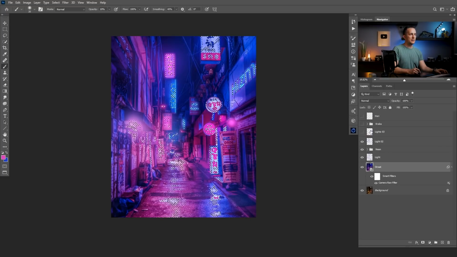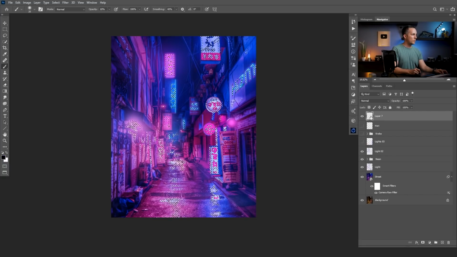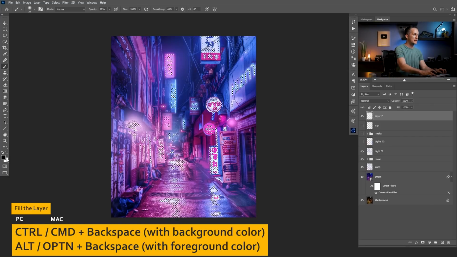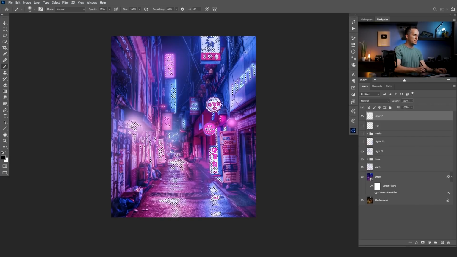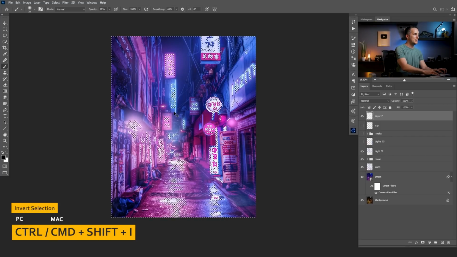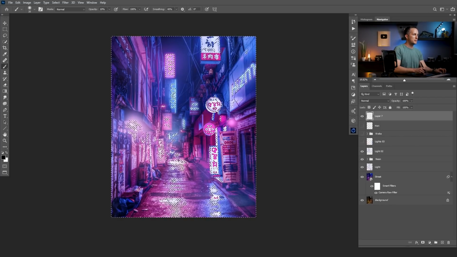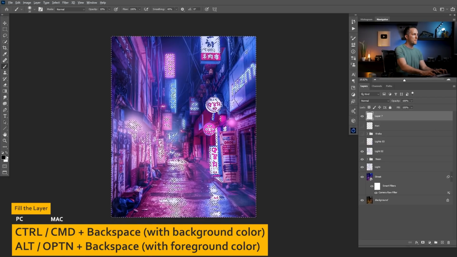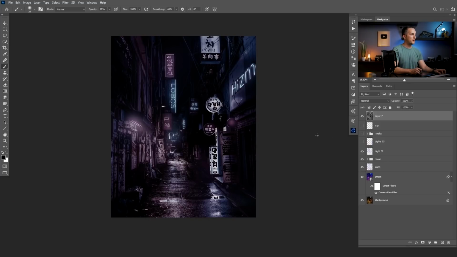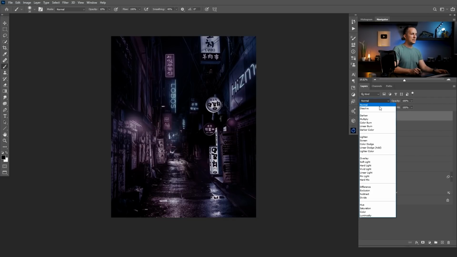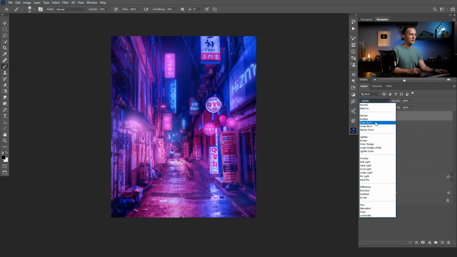Okay, and create a new layer right here at the top and fill it with white, because white is background color. Control or Command and backspace. Then invert, Shift Control Alt E or Shift Command Option E to invert the selection. Then fill it with the black, Alt or Option backspace. This is perfect. So we have this really cool look, as you can see,